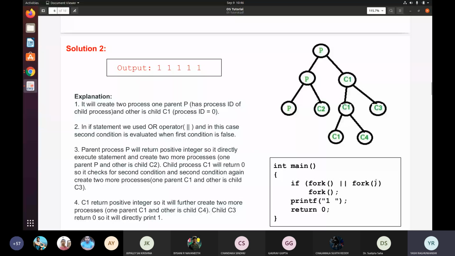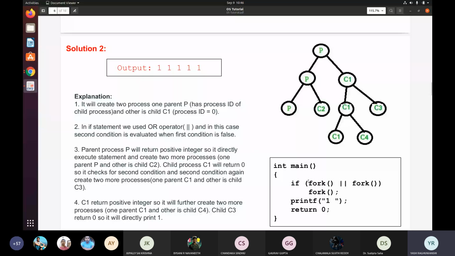But in case this is the parent process, it will have the PID of its child, which is greater than 0. So here you have this thing greater than 0, and previously this thing was 0, that's why it came here. So the total boolean value of this will be true, that's why it will come here.